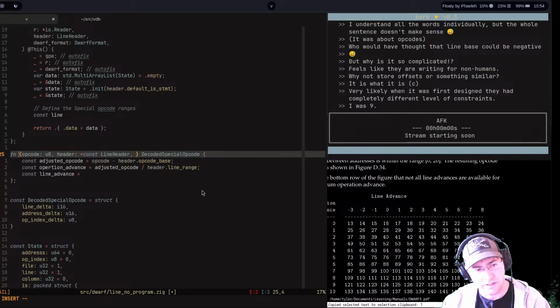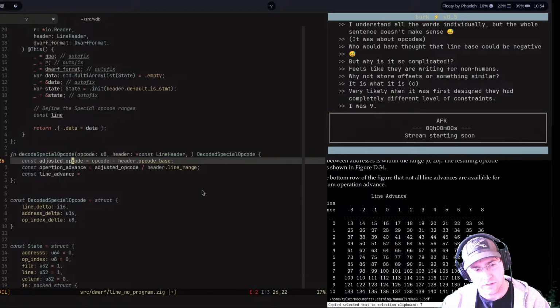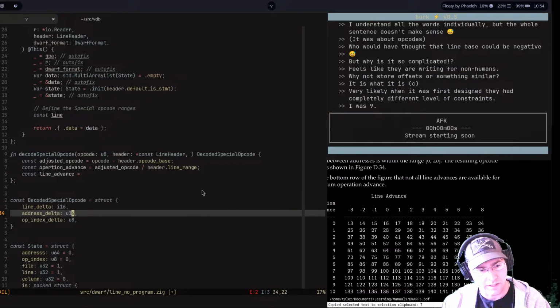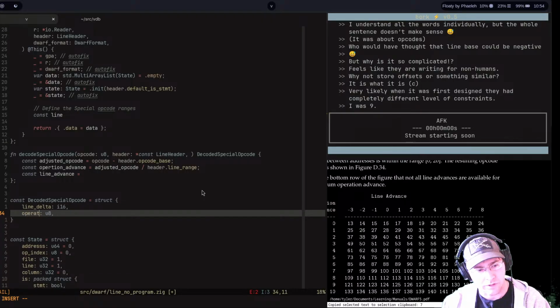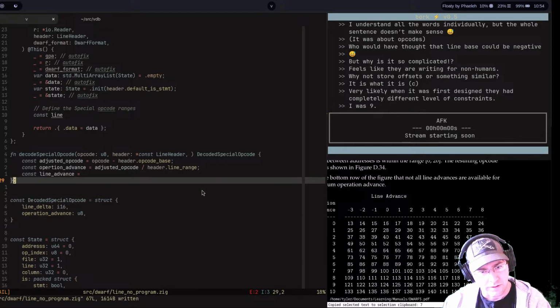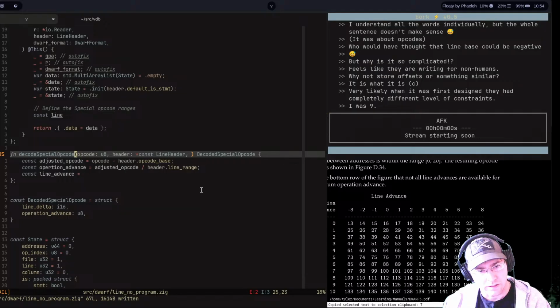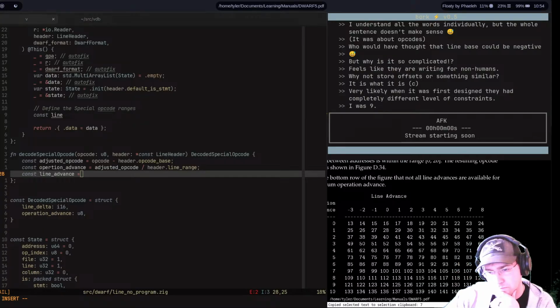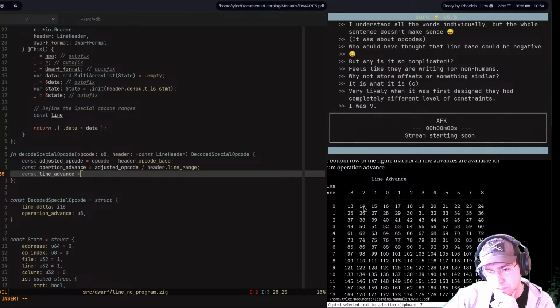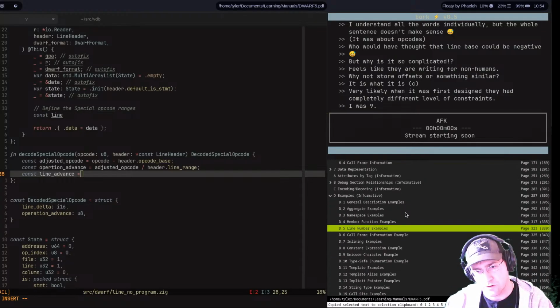Call this decode special opcode. Line delta, address, operation advance. Okay. And we go through 1, 2, 3, 4, 5, 6, 7, 8. Yeah. Going back to the